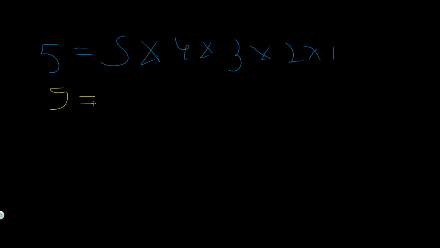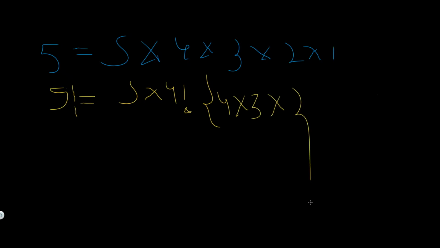We know that the factorial of 5 is 5 times 4 times 3 times 2 times 1, and this is how we calculate the factorial of a number. But there is another way in which we can calculate the factorial of a number. So let's say the number is 5, and the factorial of 5 is 5 times the factorial of 4, and we know that the factorial of 4 is 4 times 3 times 2